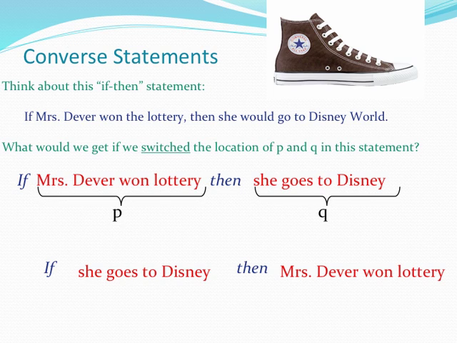All right, converse statements. These are different than Converse All-Stars. Converse has a meaning that's sort of like flip it around, run it backwards. So here's an if-then statement. If Mrs. Dever won the lottery, then she would go to Disney World. So what would we get if we took these two things and switched them? So if Mrs. Dever won the lottery, that's the P, then she goes to Disney. If we switch these two,